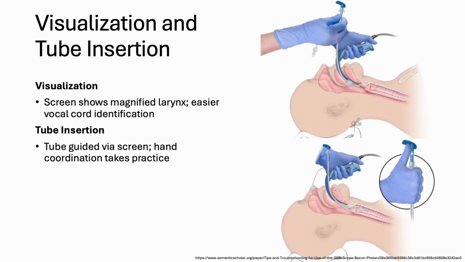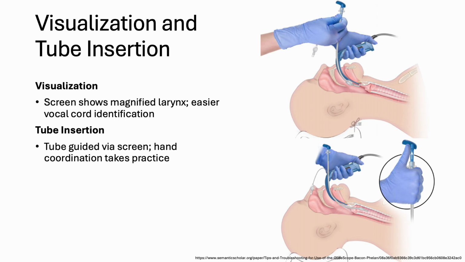Visualization and tube insertion. Instead of looking directly into the mouth, the operator watches the screen, which displays a clear, magnified view of the larynx. This indirect visualization allows for better identification of the vocal cords, even in cases where direct laryngoscopy would be